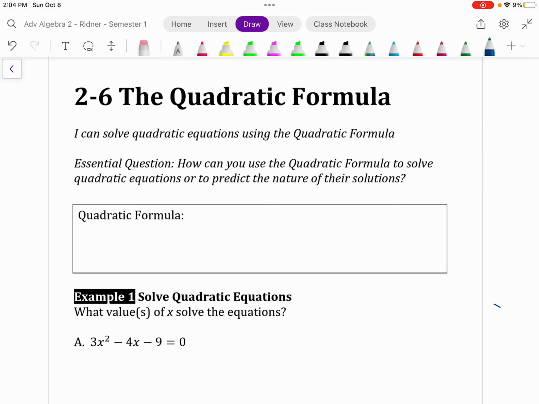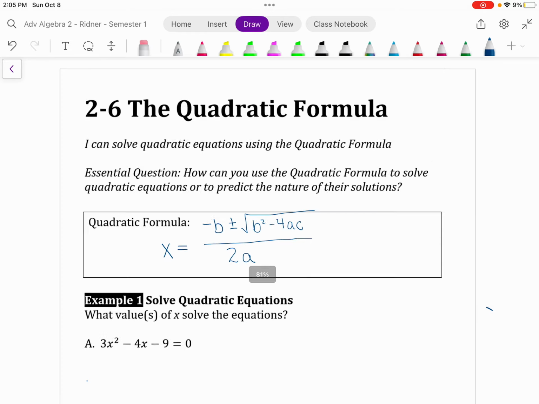2-6, the quadratic formula. So the quadratic formula is derived from completing the square. And so when we do that, we end up getting that x will always equal negative b plus or minus square root b squared minus 4ac all over 2a. Okay, remember that